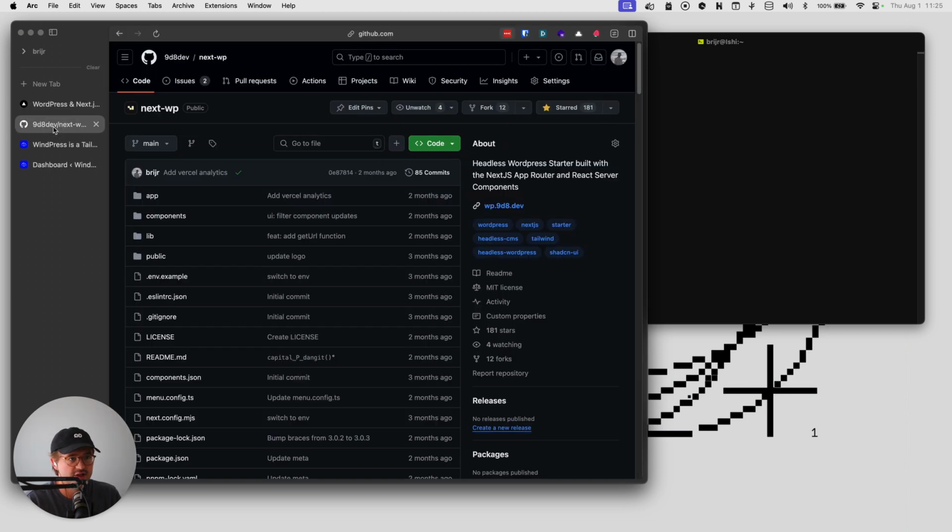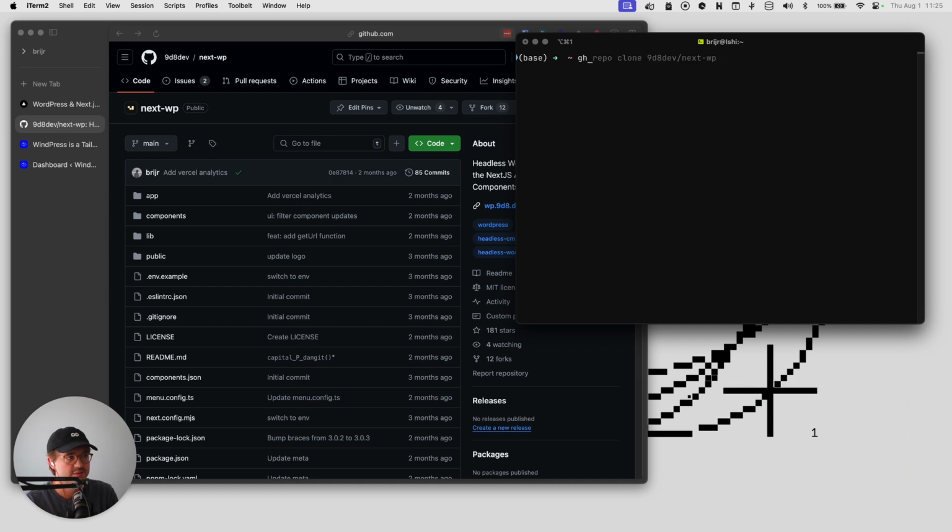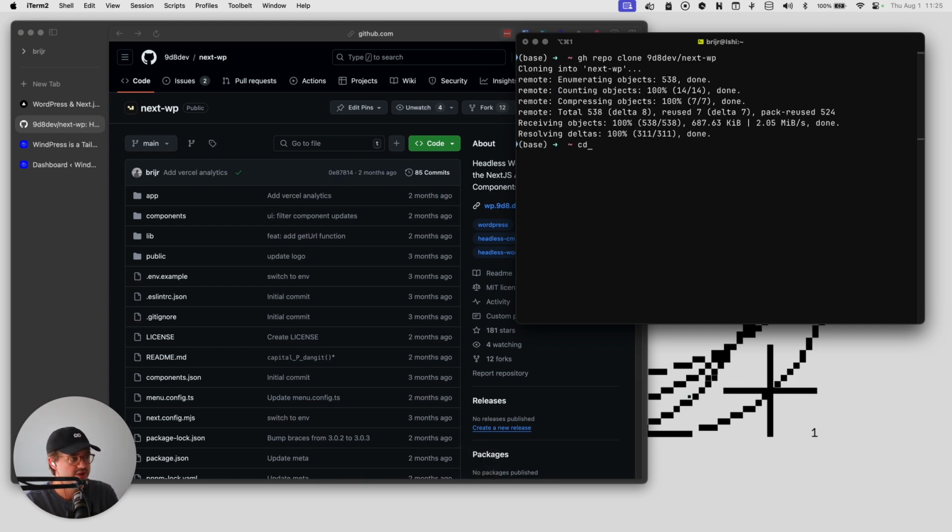On GitHub, it's all open source. It's 98dev/nextwp. What we're going to do is clone this down and I'll show you how it's set up real quickly and how to get started. I'm just going to clone using the GitHub CLI. Just clone NextWP. And then we'll go into our NextWP folder